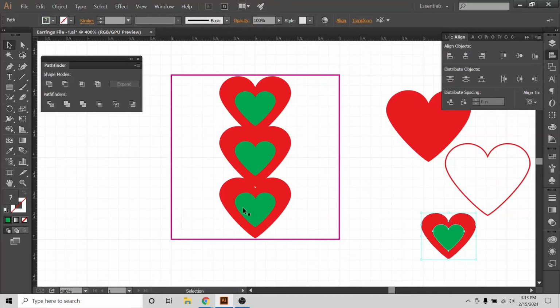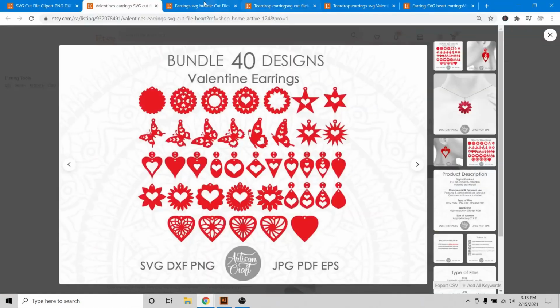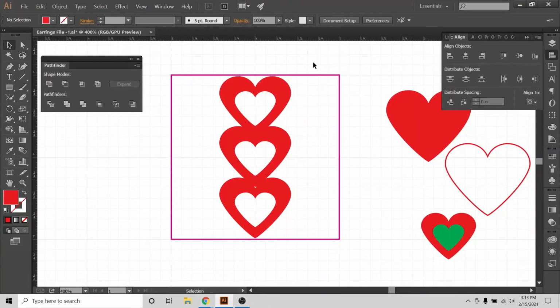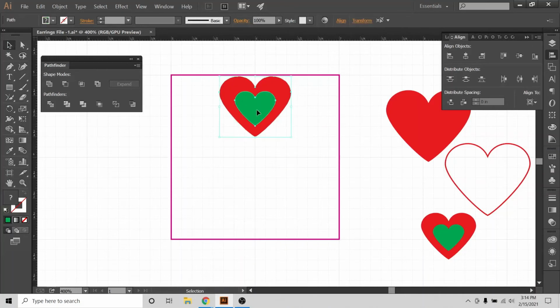So now I can see I have some shape. If I cut this heart out, how is it going to look? So how this earring is going to look, it is going to look like one of these earrings, and then it will be a nice good design. So maybe we will use this. So now we have some idea of how our design is going to look like. So now I'm just going to do Control Z, delete these, and make this design